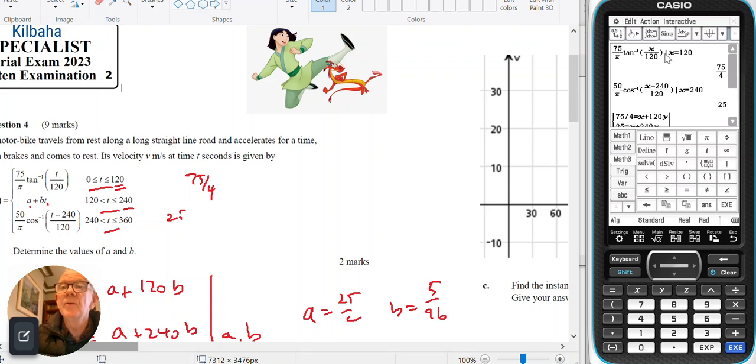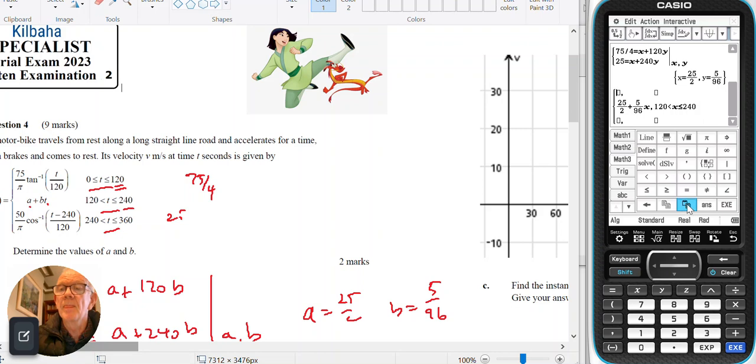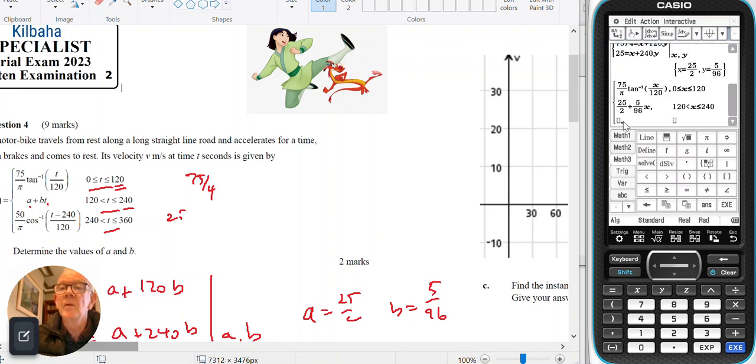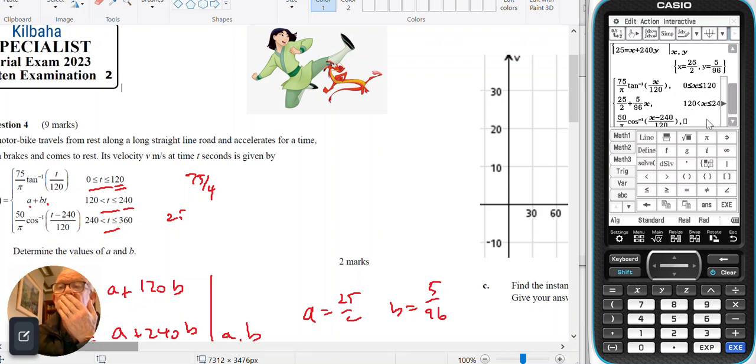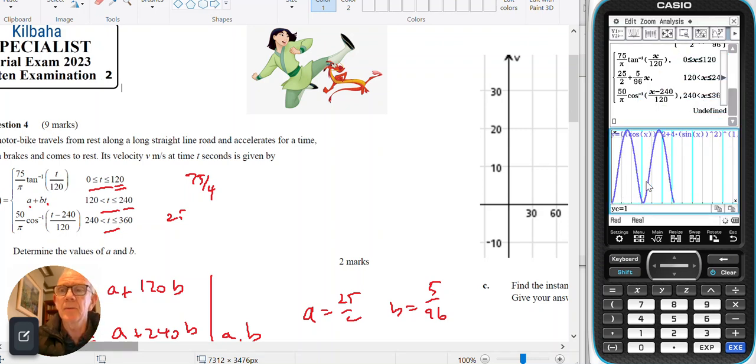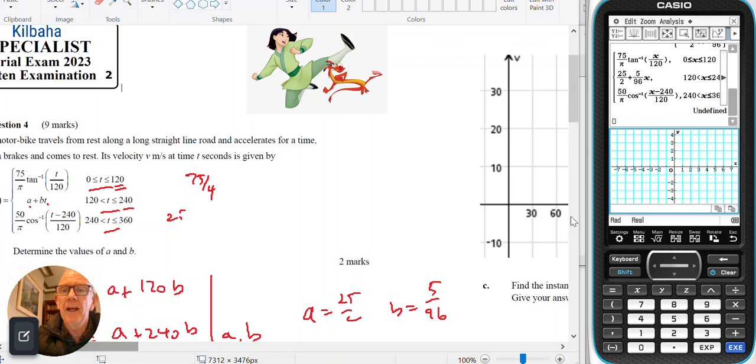So I've got, this is my first one, so copy, paste, and that goes from 0 to 120. And the third one is the inverse cosine, copy, paste, and it's going to go from 240 all the way up to 360. Press XE, I get undefined because I didn't call it anything, open up a graphing window, clear all that out, and then